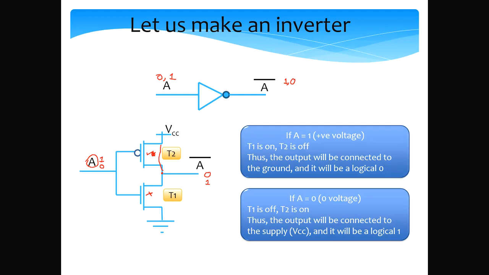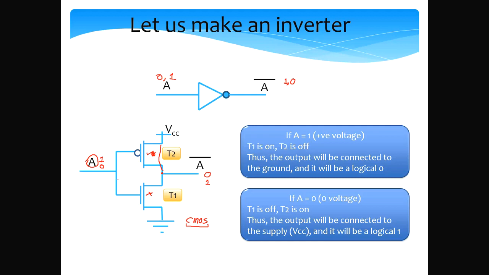Alright, so if I have a logical 1 here, the output is a logical 0, and if I have a logical 0 as the input, the output is a logical 1. So this acts as an inverter. This kind of circuit is a combined NMOS PMOS circuit, so it's called a CMOS circuit. It has both NMOS elements and PMOS elements. But the important thing is that we put NMOS and PMOS in series, and one end of NMOS is at the ground and one is at VCC.